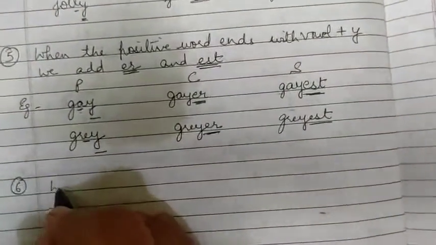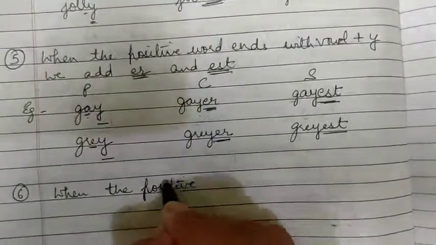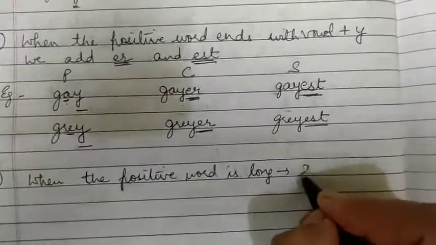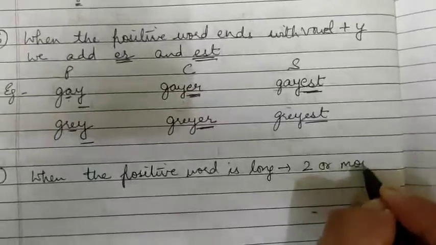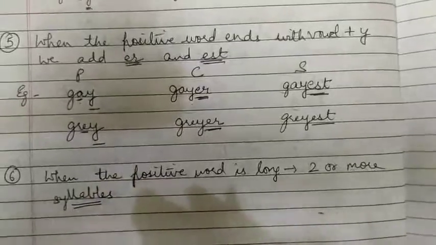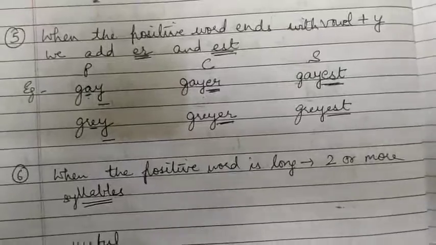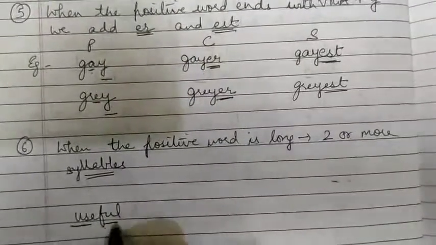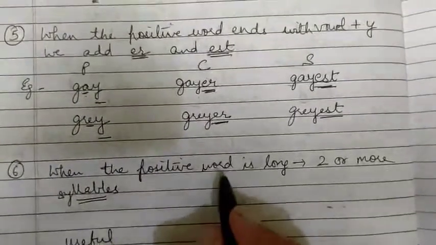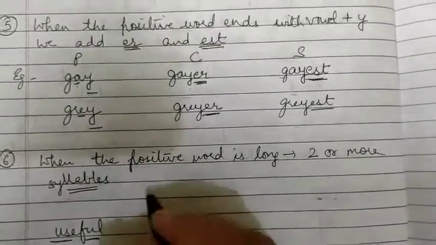Next rule is when the positive word is long. Long means it contains two or more syllables. Children, syllables means the parts of a word, like useful. The word useful is having two parts, use and full. So when the positive word is long, or it is having two or more syllables, then we add